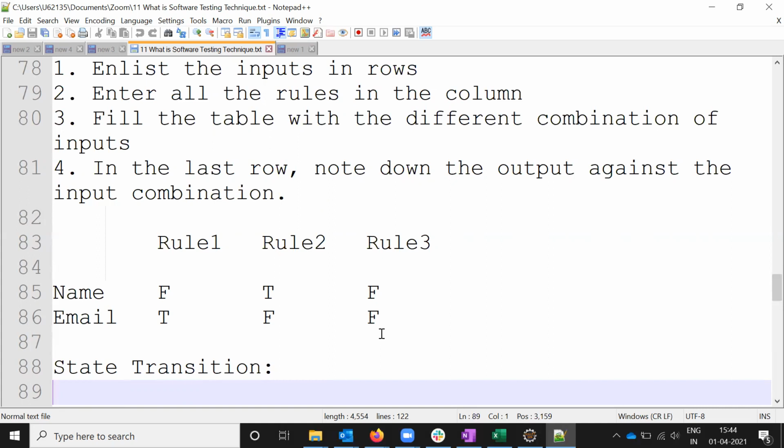This is where we can choose how many ways we pass. In rule 4 we give true, true for name and email, then it will be satisfied. And with false and true, the result will be false only, because it will not accept either one; both values need to match. Then true false false, and false false false.